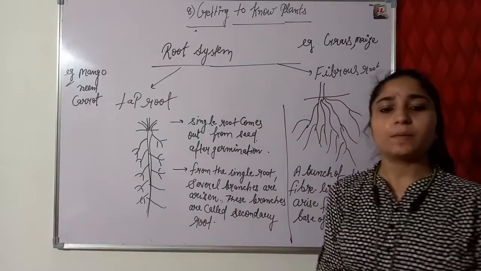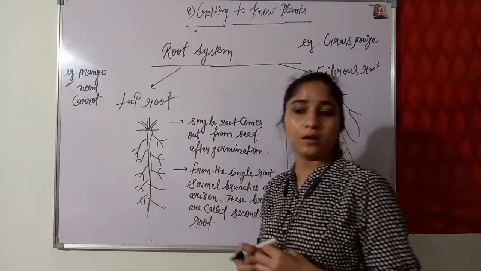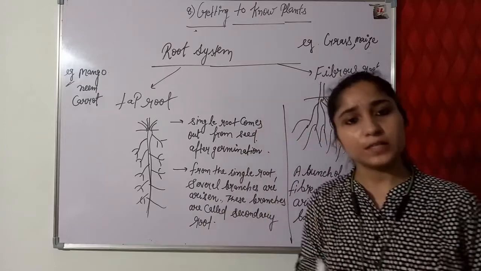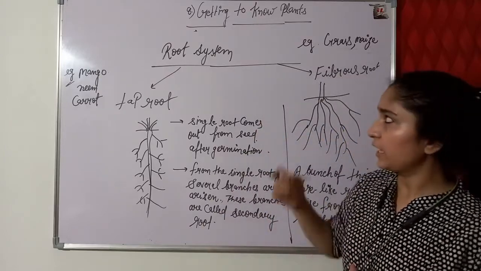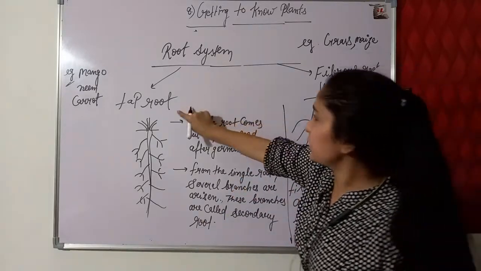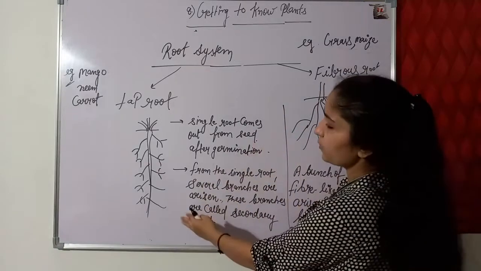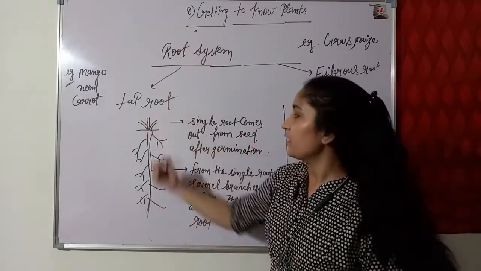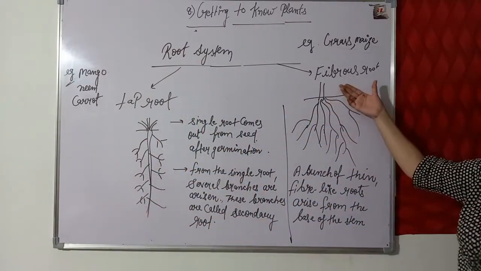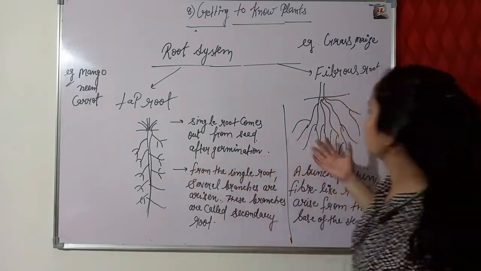Till now you have understood about the root, what is a root? The root arises from the basal part of the stem, or root systems are generated initially from the seeds, from the lower part of the seed, and form the root system. And root systems are of two types, taproot and fibrous root. They are just different from each other in their structure. The taproot system has a structure like this type, and the fibrous root has a structure like this type. Can you differentiate between these two structures?